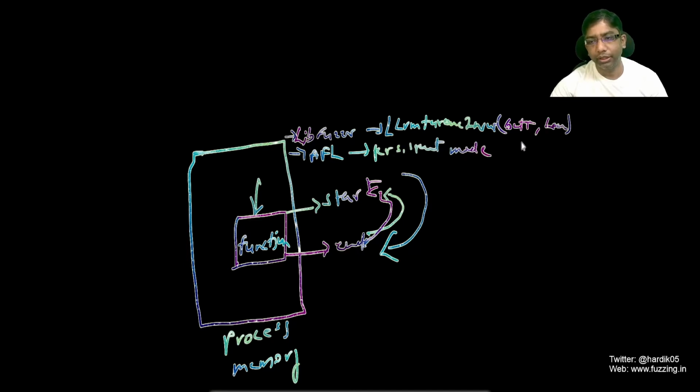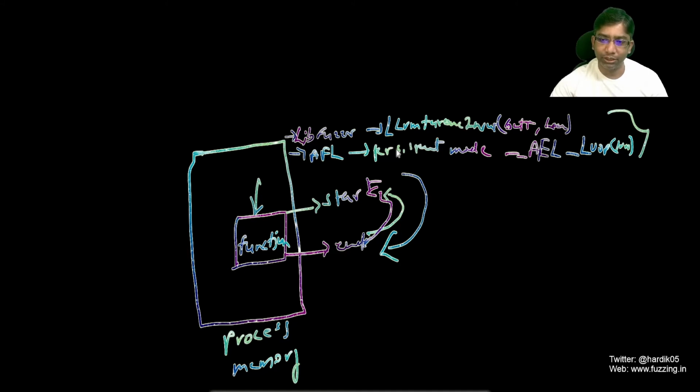And in that case, if you recall, we need to use something very specific to AFL, that is __AFL_LOOP, and we need to keep it inside a while loop. So you can give the number of executions. If you are not comfortable with LLVMFuzzerTestOneInput, how it is used by libFuzzer, or what AFL persistent mode is, then I suggest going to my channel and looking for the older videos. You will get those videos; I explained it over there.